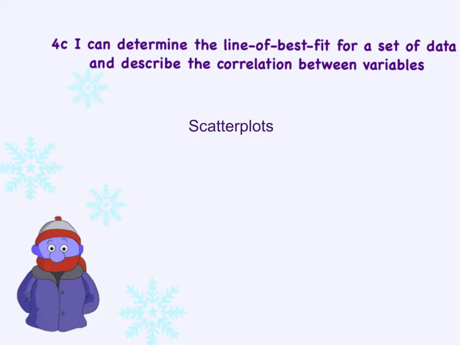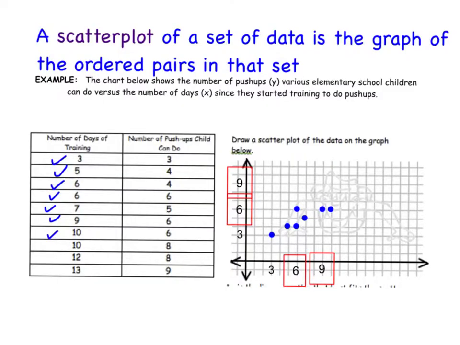This presentation is about scatterplots and being able to draw a line of best fit to describe the correlation using scatterplots. A scatterplot is just what it sounds like. It's a scattering of plotted data points. So you take your ordered pairs that describe something. So in this case, it's the number of days of training that elementary school students had compared to the number